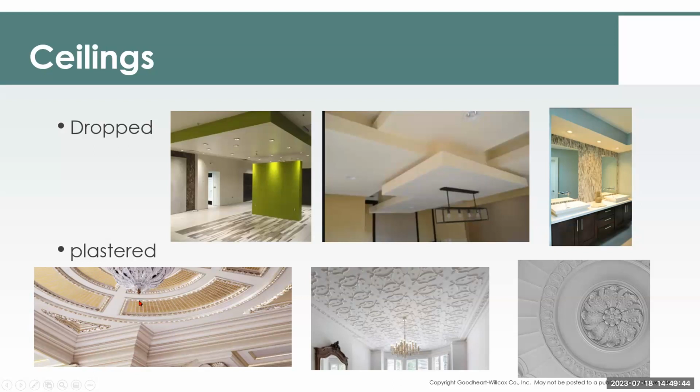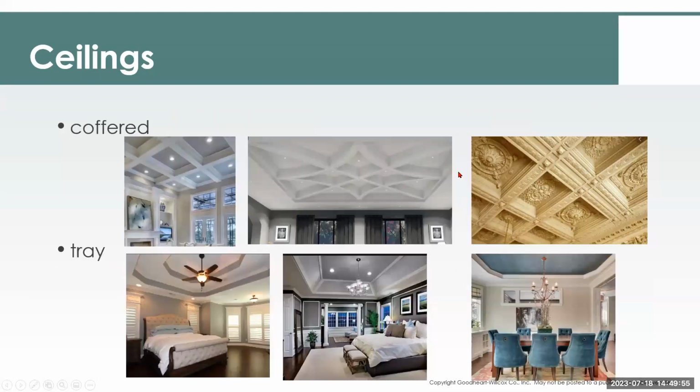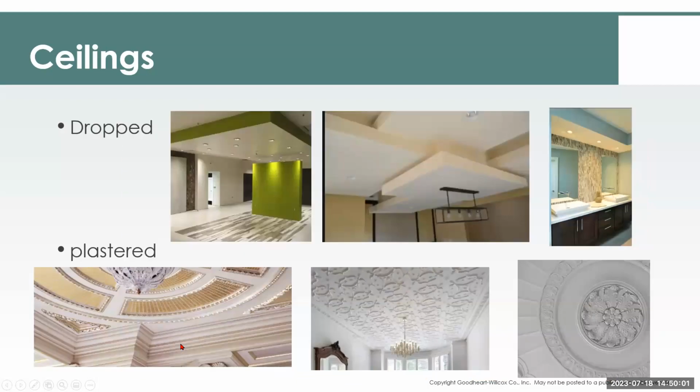Now, plaster. I did mention that they would use plaster molds. Plaster can be formed in any shape or size. So here in this coffer ceiling, this is plaster, but it is used to create a coffer-like effect, where the plasters and moldings create all different shapes, sizes, circles, and medallions on the ceiling. I myself have a medallion in my guest bedroom where I have a ceiling fan hanging from it. Now, this can also be made out of a plastic type of material. You can find that at Lowe's and various other